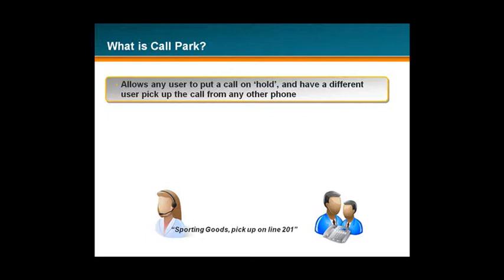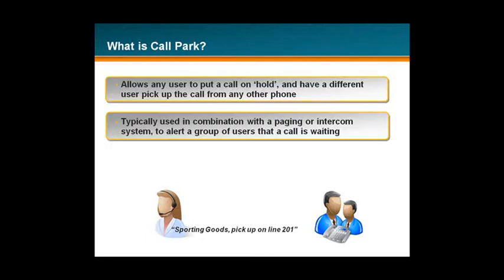Call Park is a feature that allows any user to put an active call in a temporary holding location such that it can be retrieved by a different user from any other phone in the organization. Call Park is typically used in conjunction with a paging or intercom system. As an example, you may often hear over a store's intercom system an announcement such as, "Sporting goods, please pick up